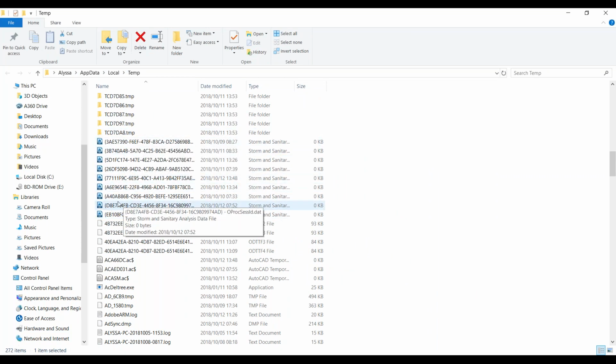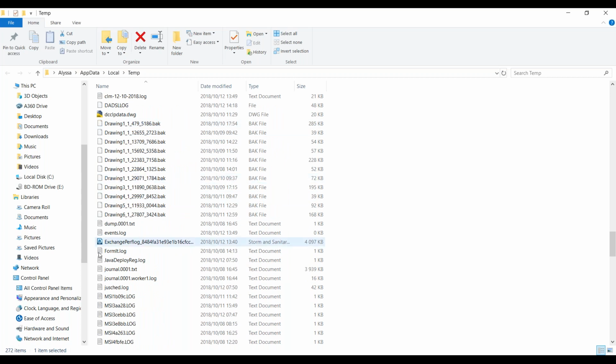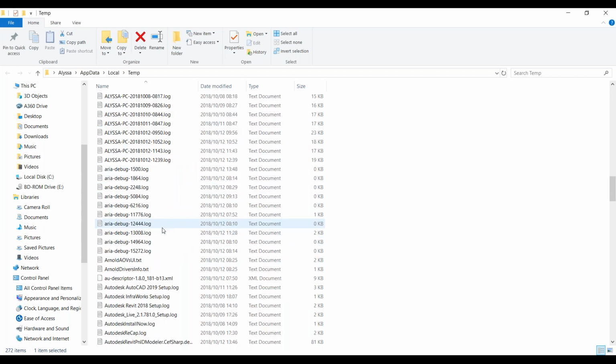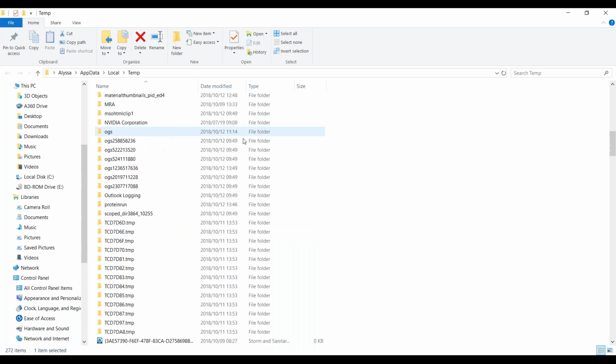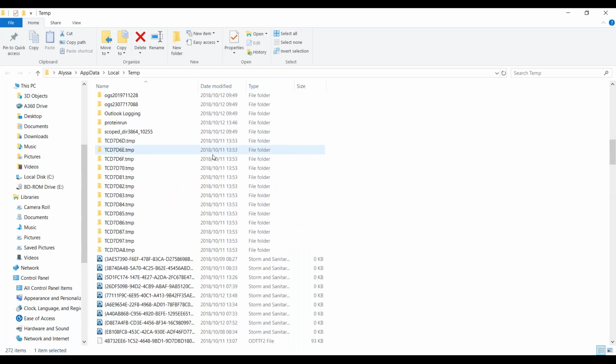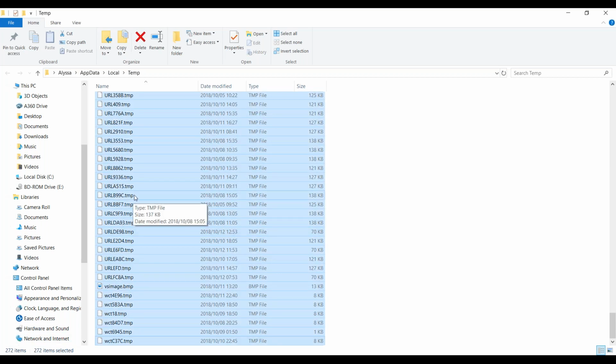I can see some, what is this? Some Civil 3D files that are being stored there, and I'm obviously not using a lot of these files because it's just temporarily here for when you open up the application and use it. So you want to make sure maybe we delete the contents of the folder, not the folder, the contents of the folder. So I'm selecting all of it,